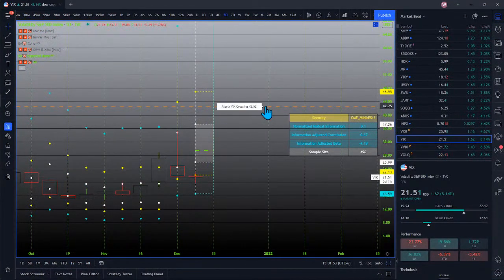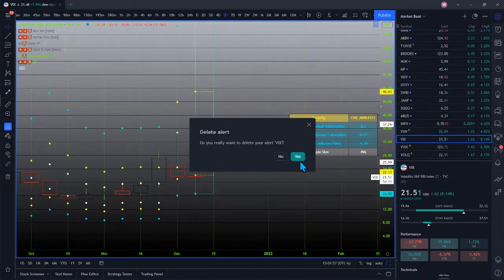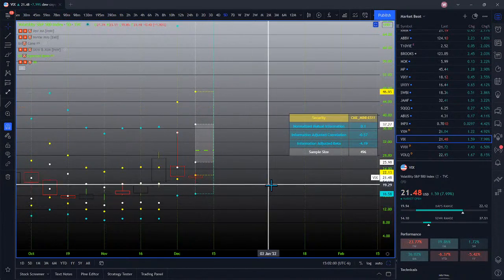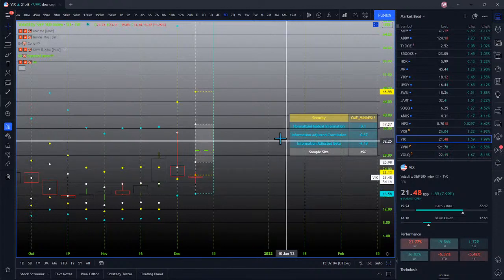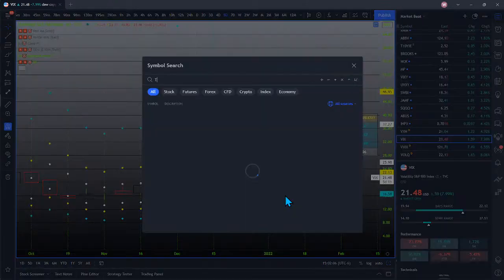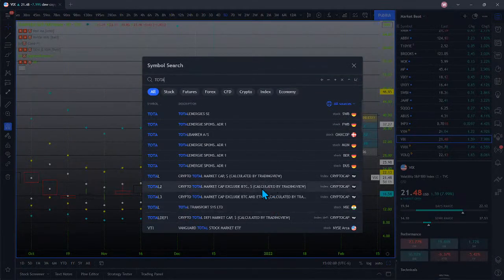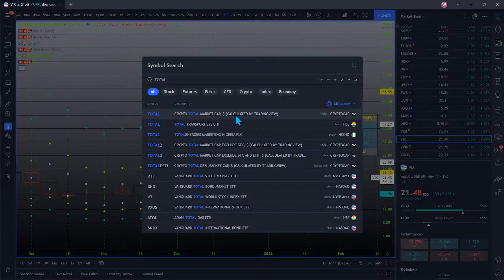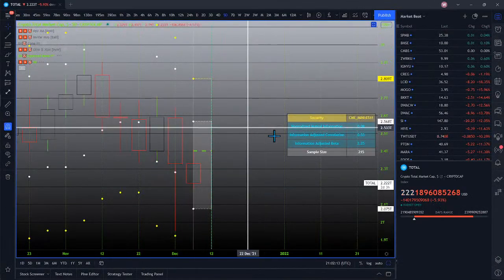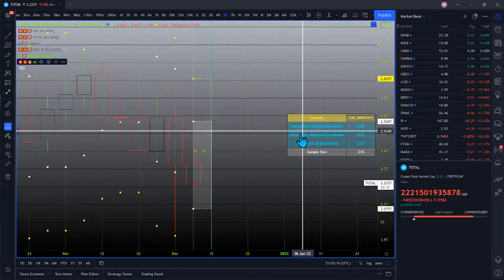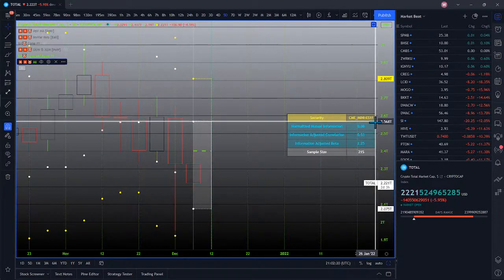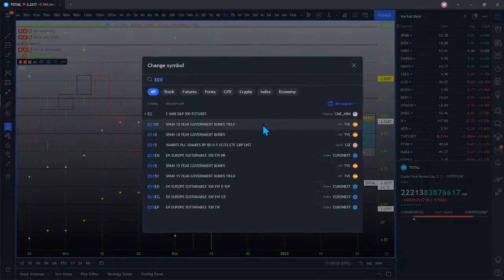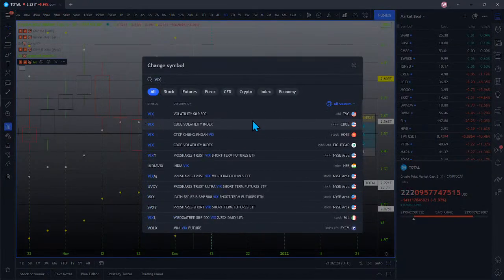Let me delete this alert. I don't know what I was thinking with that alert. Maybe just because it's getting towards the second standard deviation. Yeah, for sure. So then what we can do is we can go total, right? So this is the total market cap of crypto calculated by TradingView. Watch out. And then we can put this on, right? The mutual information,